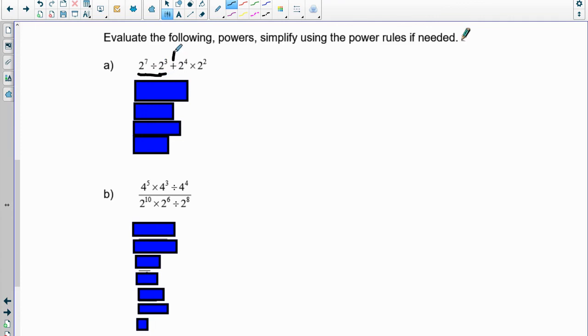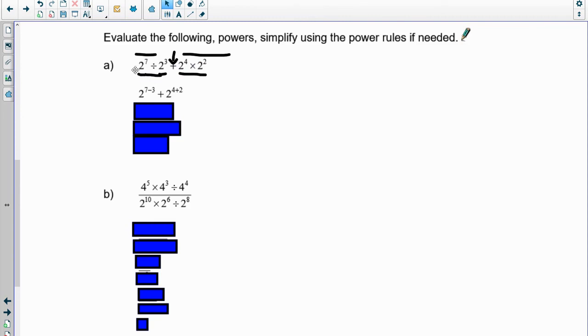Now there's a plus here. That plus separates this from this. So I can do the first pair of 2's, I can do the second pair of 2's, but I cannot put them all together. So taking a look at that, our first one is 2 to the 7 divided by